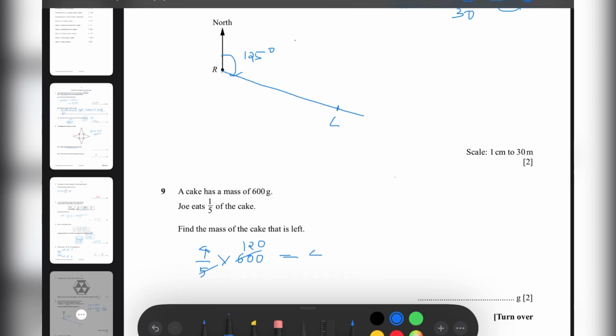So it's 480. You can do it like this, or you can just find 1/5 of the 600 and subtract it from 600. Okay, you'll get the same answer. So it's 480 grams. Okay,